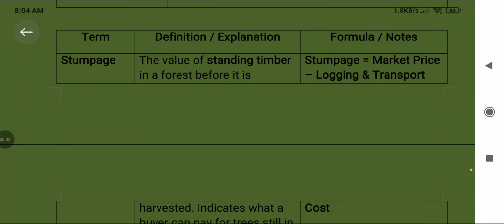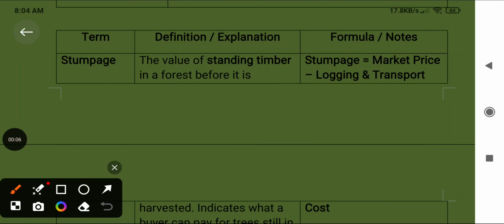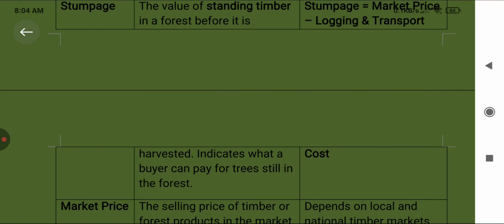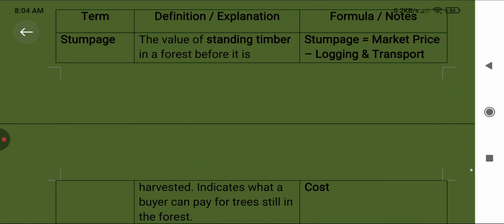Stumpage, the volume of standing tree timber in a forest before it is harvested, indicates what a buyer can pay for trees still in the forest. Okay,